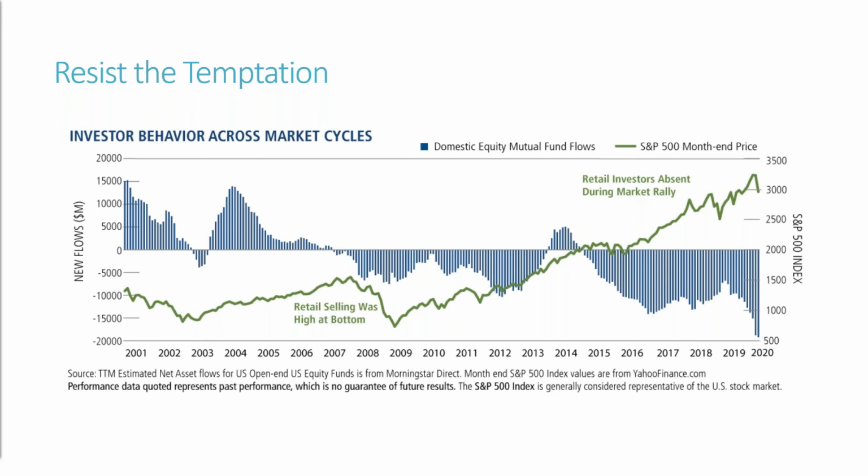So the blue bar chart there shows money flows, so dollars going into stock mutual funds. During 2008, 2009, when the market was dropping considerably, people were selling out of the market, which is, again, not the thing to do. On the other end, in at least the last 5-6 years, as the market has continued to go upward, people have been selling out of stock and mutual funds quite a bit, interestingly enough, and that has peaked with this current drop.